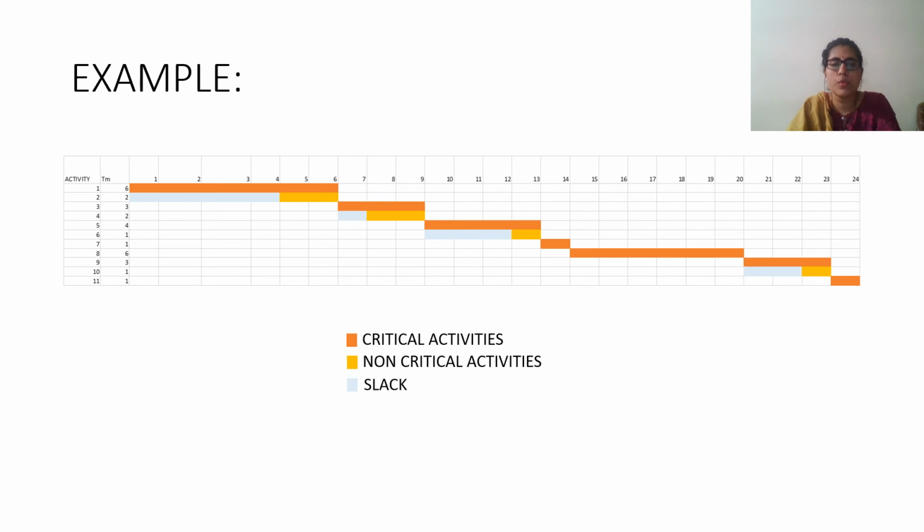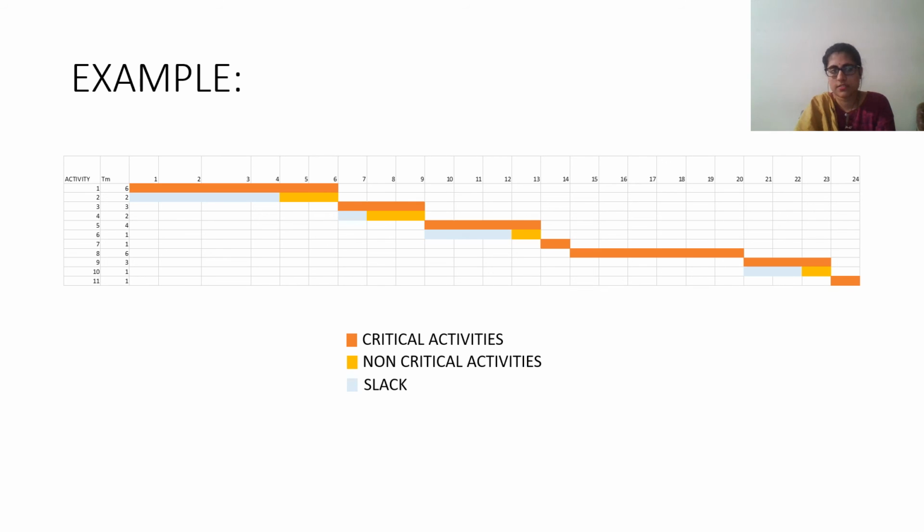So the blue one is basically my slack. And this is late start. Starting on the 5th day is late start. If I start it on the 4th day, it's fine. If I start it on the 5th day, it's fine. My project is not getting delayed. If I start it on the 6th day, my project will get delayed. I can postpone my activity 1, 2, 3, 4 days before I start or finish it, or in the middle, I can take 4 days of slack. If I start it on the 1st, it is early start. If I start it on the 5th, it is